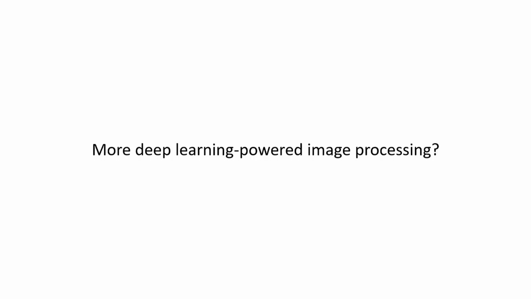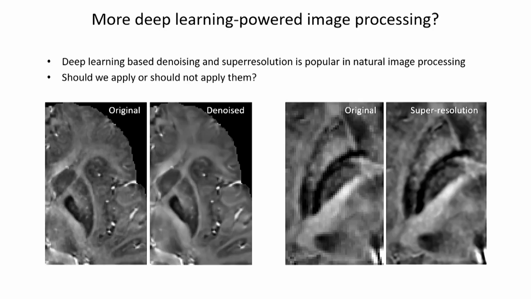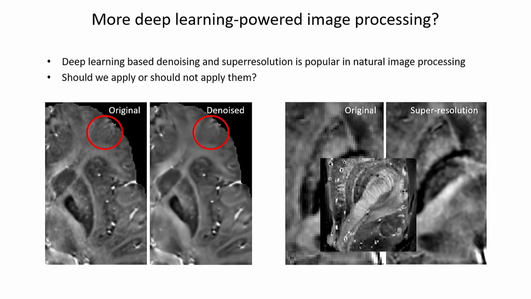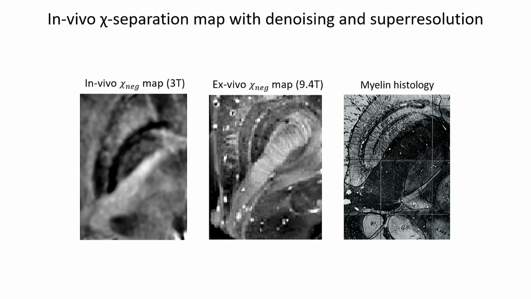Having said that, I want to give you one more comment about the new techniques coming up with deep learning. If you are familiar with natural image processing, there are a lot of papers talking about denoising and super resolution. And I saw 2 or 3 abstracts or posters in this conference talking about super resolution. The question is, can we do it? Can we be safe to do it? Will the information content be better by using super resolution? What I can tell you is it may not increase the true resolution itself, but at least they look great to the eyes, so they may be helpful.